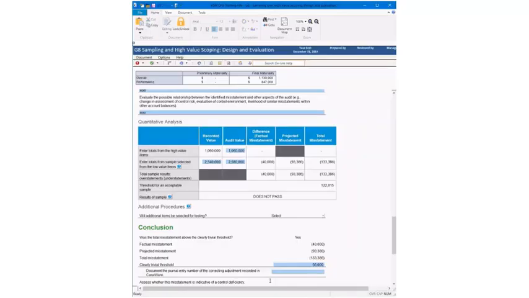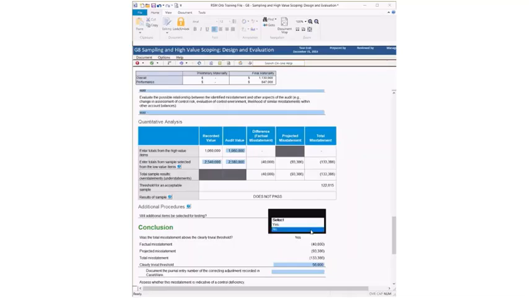You'll note that the threshold for an acceptable sample of 122,815 is lower than performance materiality. It is not the case that as long as the projected error is less than performance materiality, the objective has been met. This is entirely based on risk. And so if you have an error such that the testing that you have performed means that the testing does not pass, you're